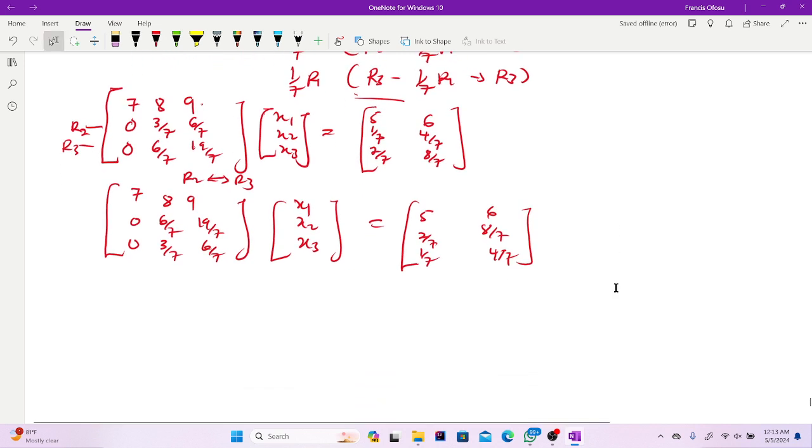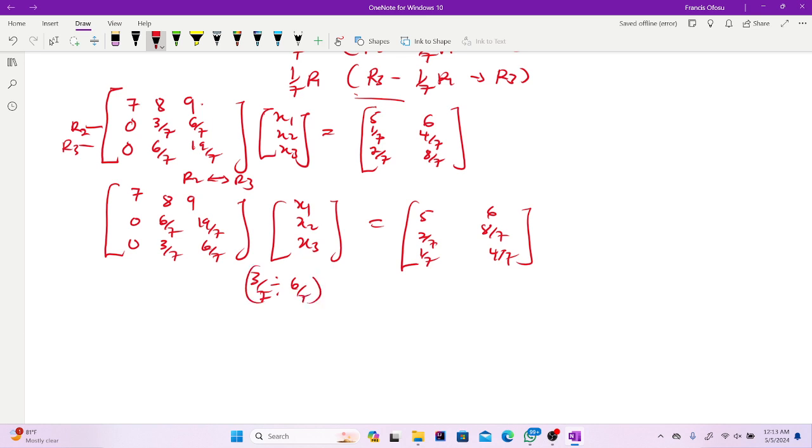The next thing is to find our last multiplier. So it is this on this, okay? So 3 on 7 divided by 6 on 7, multiplying this row 2 here. Now our new pivot, we have to tackle the 2 by 2. So multiplying row 2, then what do we get for this? We are going to get 3 on 6, right? Because you get 3 on 7 times what? 7 on 6. So it will cancel. So 1 on 2. I'm getting 1 on 2 R2 as my multiplier. So therefore, I'll subtract from my what? Row 3. So row 3 minus 1 on 2 row 2, all going into row 3 will be our last